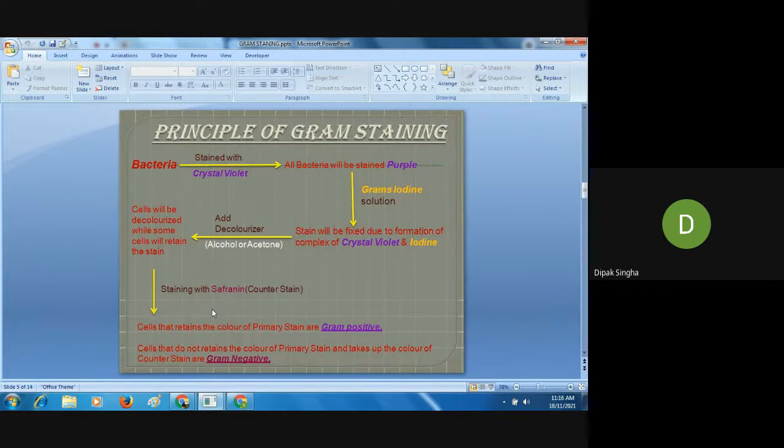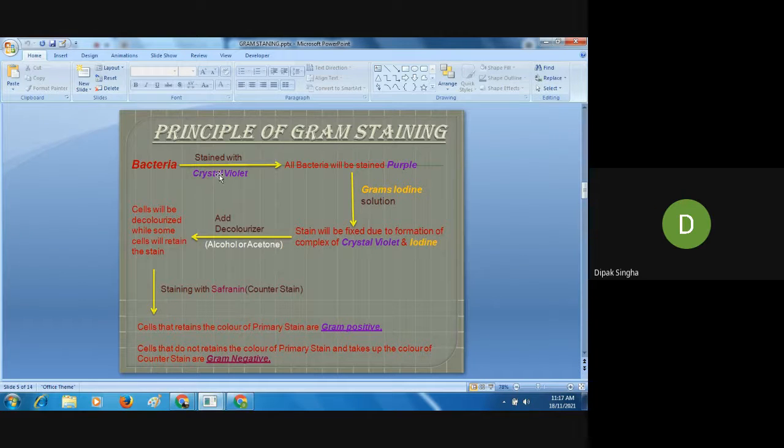I think all of you understood. Yes, or any questions? Understood? Any queries? You can just remember it, not go through the books. You can go through the books, but you can remember these are the steps involved. Four steps are involved, and in the meantime, every step is followed by washing with tap water. There is no function in that, but these are the main basic principles of the gram staining procedure. Okay, so you can remember it.